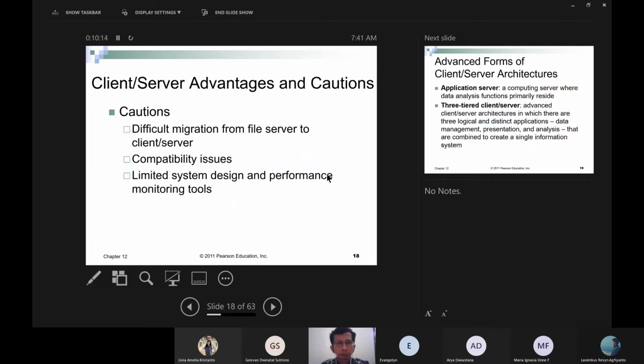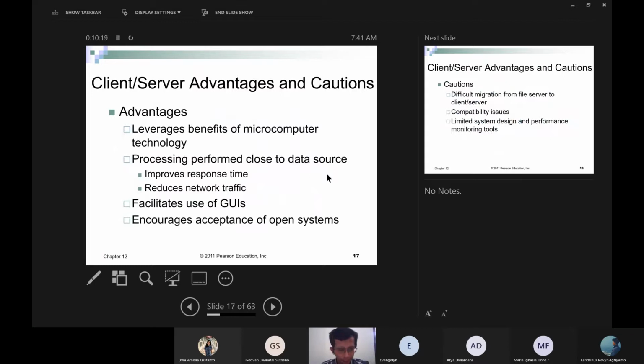So what's the advantage? We don't need a high-power computer on the client side. And it improves response time, right? Because the application will be on the server, and the server has very high computing power. A typical computer usually only has one processor, one CPU. Servers could have 4, 8. Our personal computers usually have like 2, 4, 6, or 8 processing cores. With servers, it could have hundreds and hundreds of processing cores. It also reduces network traffic because you only receive what you ask for, not the entire file. And it encourages acceptance of